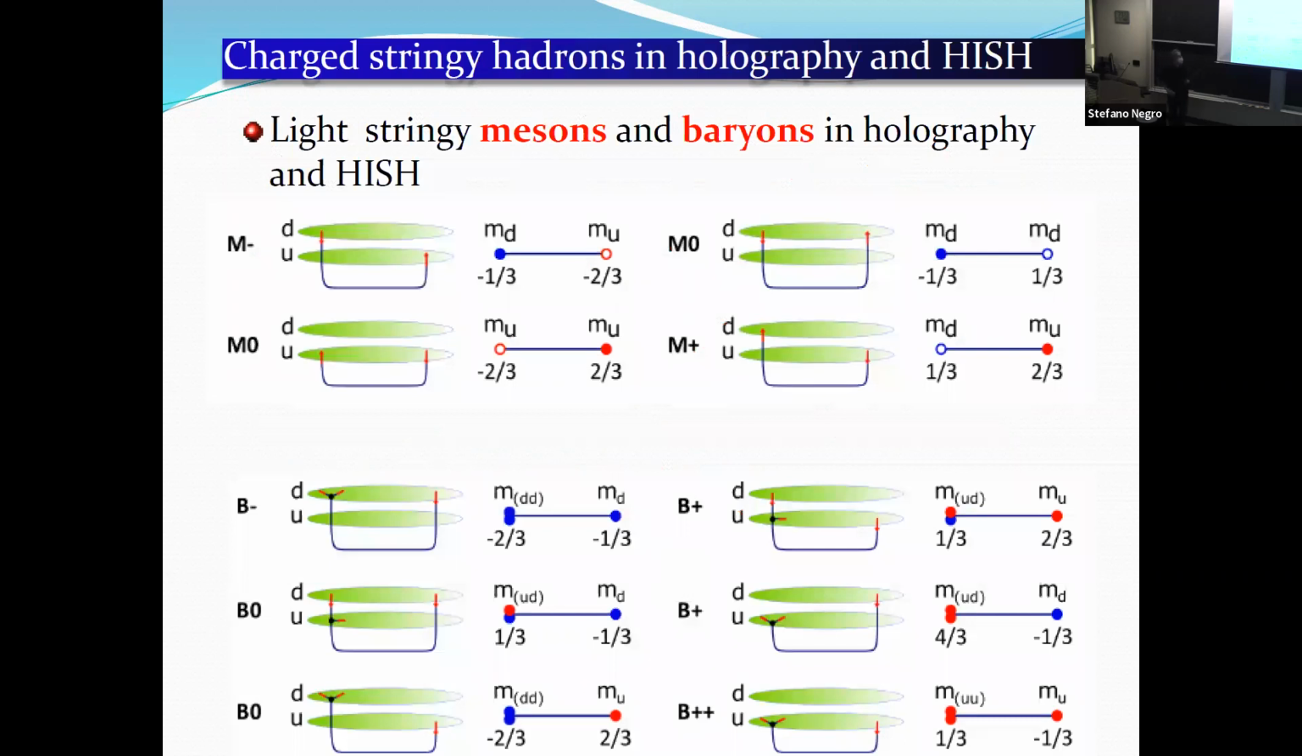Okay, and this is a cartoon that summarizes, with light quarks, how you get mesons with charge minus, zero, or plus, and baryons with charge minus to plus plus. So here, for instance, you have a diquark of two U quarks. On the other side, you have another U quark. Sorry, but this picture, which I think is still at least morally the holographic one,